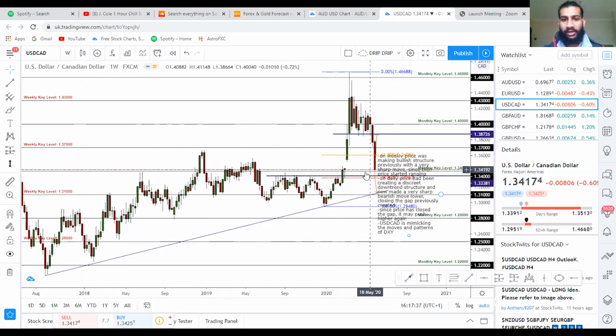It may push down a little lower towards this fib level and daily key level before shooting back up, or it may be ready to push up right now that it's at the monthly key level. Another possibility is this bearish momentum may be stronger now, because just look at the finish, right? The size and just the way the candle finished, it suggests that there may be a little bit more momentum